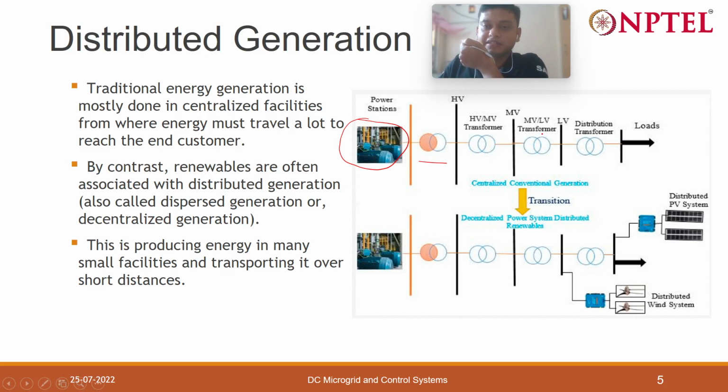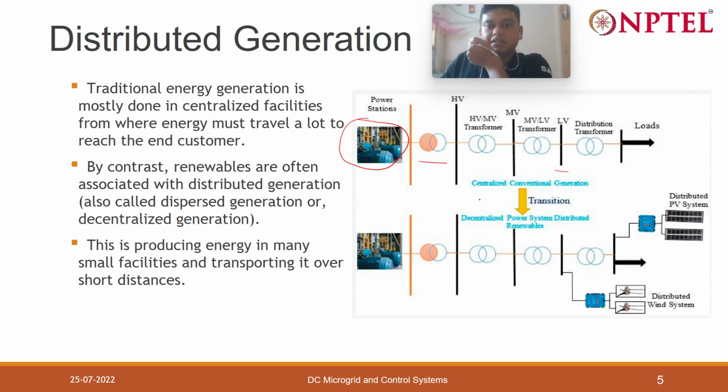in every city you can see that outside of the city there is a substation that distributes the power by converting this medium level voltage to low level voltage, approximately 11 kV. And this distribution transformer you can see in your area where you are residing, and from this we get a 400 volt line to line AC, and we take the power from here only. So this is centralized conventional generation.